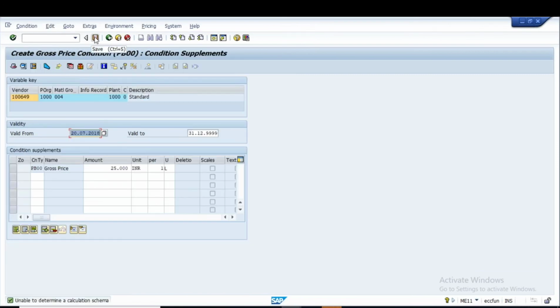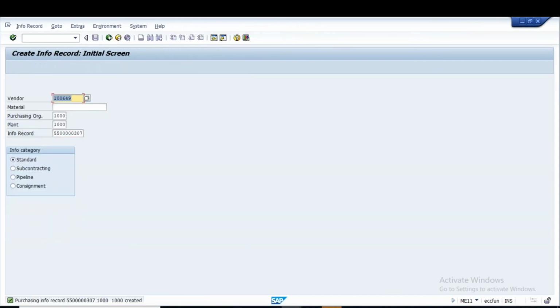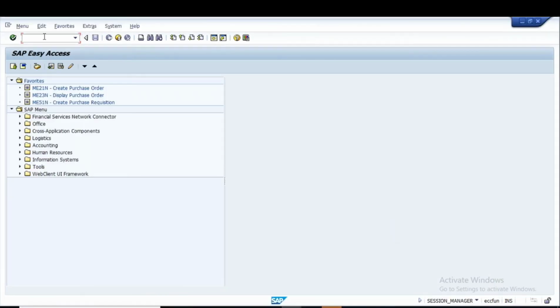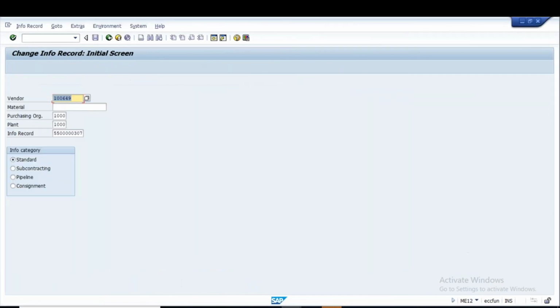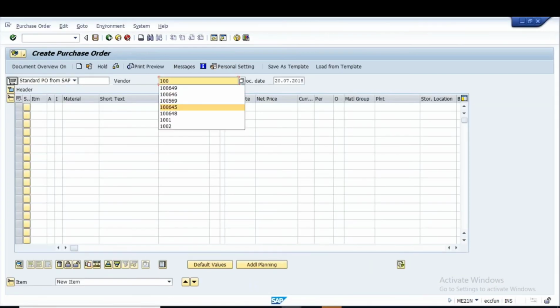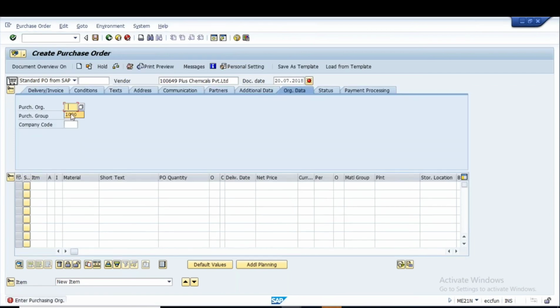Now I am saving this info record. That means we created an info record without reference to any material. We created this info record. Okay, so let's go to change mode. This is an info record we have. Now, when I'm trying to create a PO, ME21 here. When I'm trying to create a PO, what was the vendor? 100649. Enter. Purchase org,